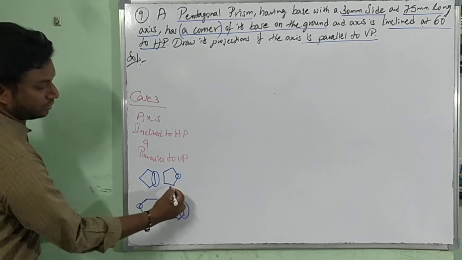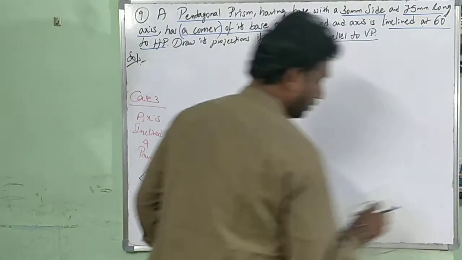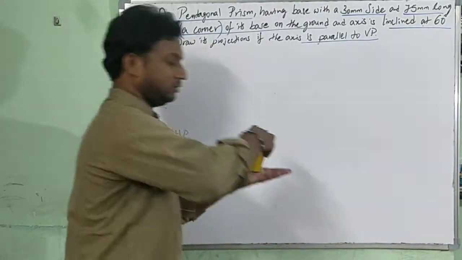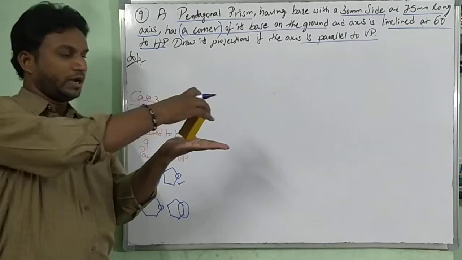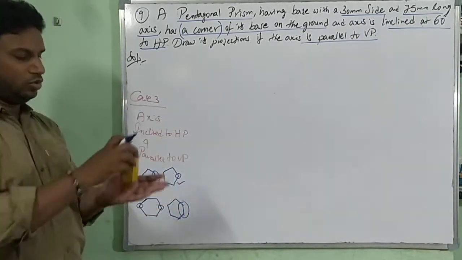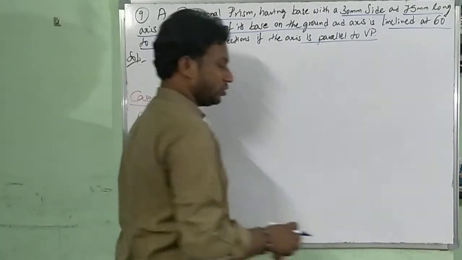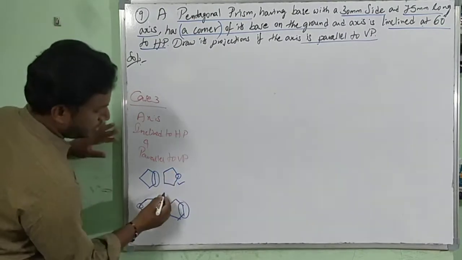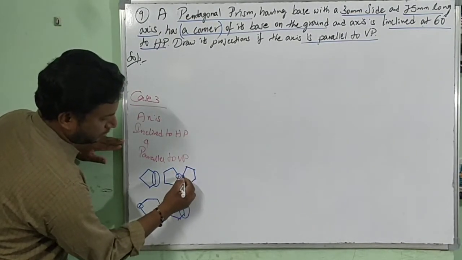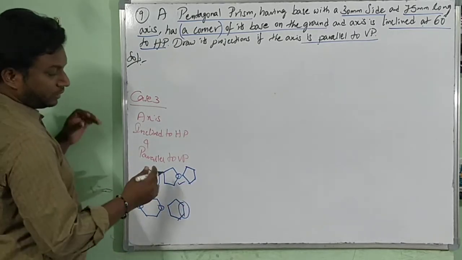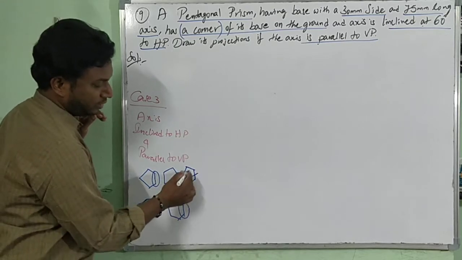Now we are here, corner. So in that case I am drawing the top view, right? In which view is it? Top view. And that corner should come to the right side. Why? Because I have to rotate towards the right side. If you try to draw the corner towards the left side, you cannot rotate it towards the right side. So I have to draw this. This also you can expect. But as we are going with the two-step solving method, preferably this one, not this.